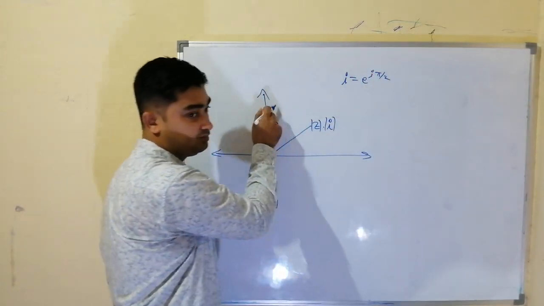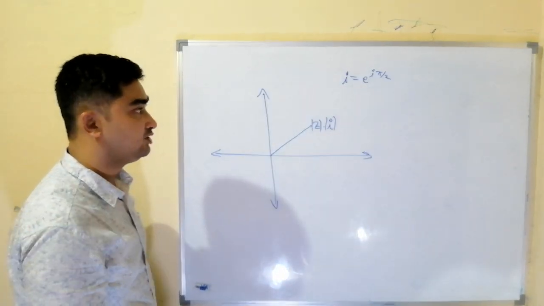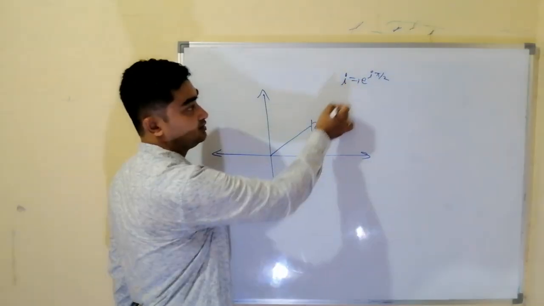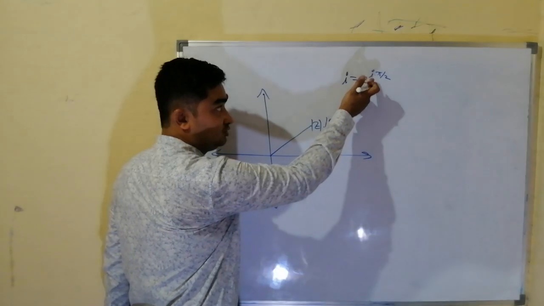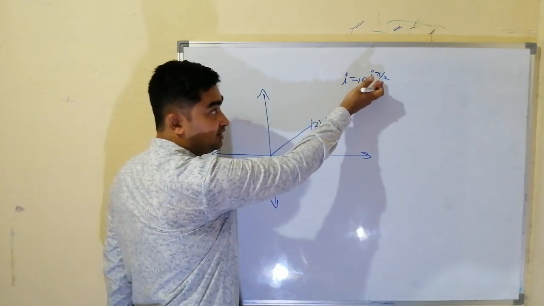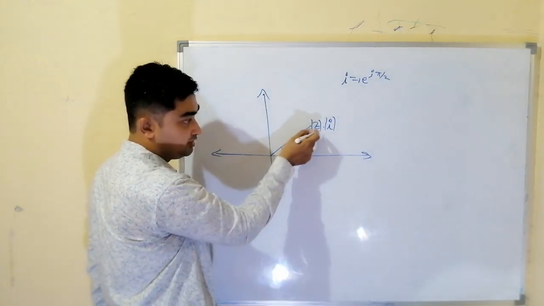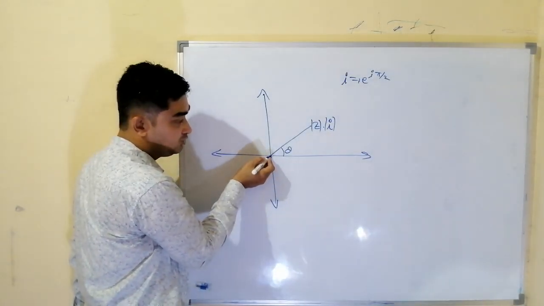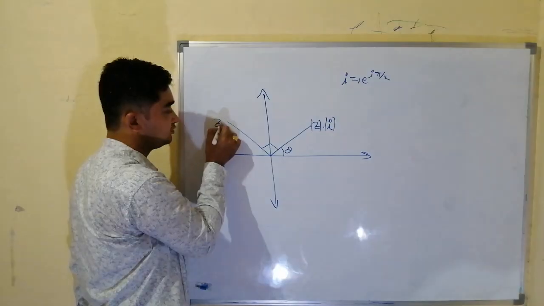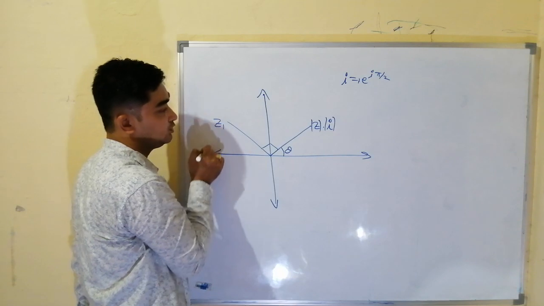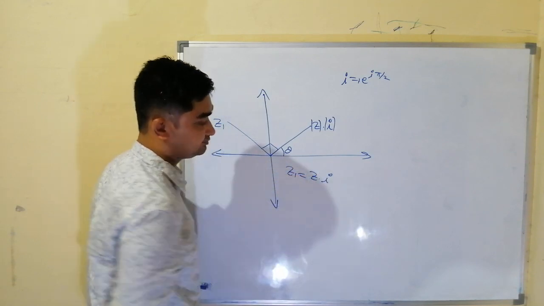It is a point on the positive direction of the imaginary axis. So iota is e power iota pi by 2, with modulus 1, so R is 1, that is 1 into e power iota pi by 2. So on multiplying, pi by 2 will be added to the argument of z. Let us say the argument of z is theta. Now add pi by 2 to this, then it will be rotated by pi by 2. So this will become the new z, let us call it Z1, where Z1 is Z into iota.